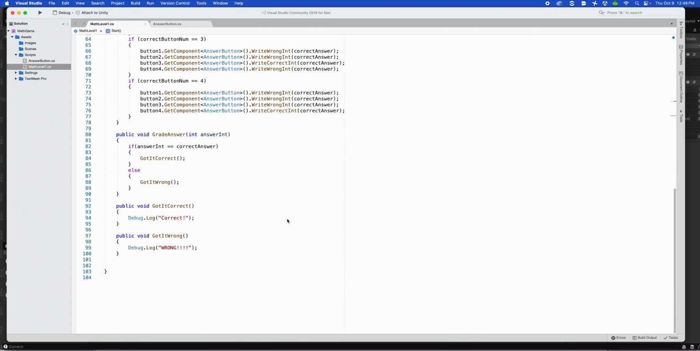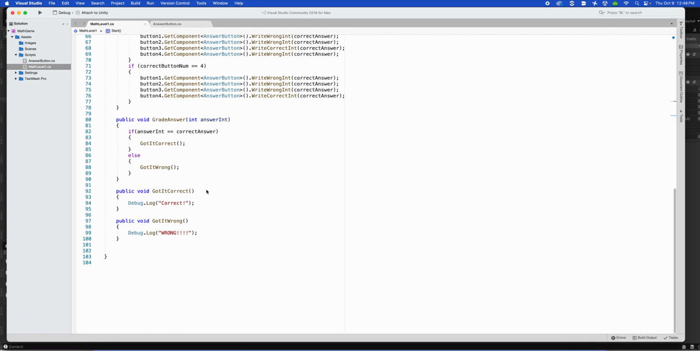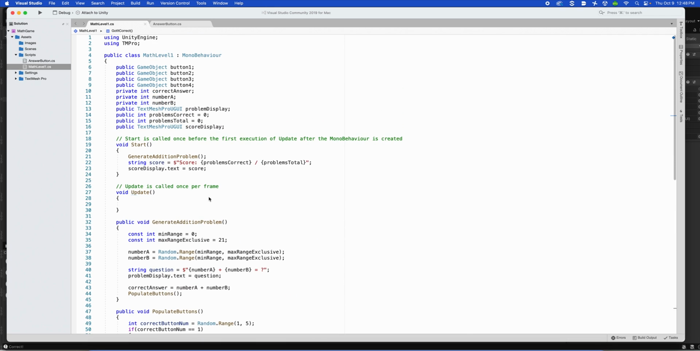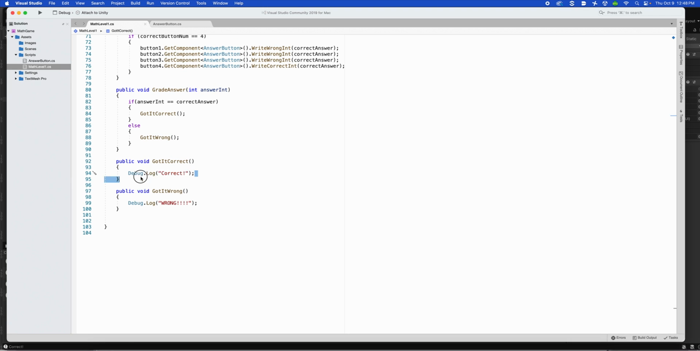And remember, in the last tutorial, we got it right and wrong. Now when we call from the buttons to grade our answer, we do these things here. If we got it correct, let's add to our problems correct and our problems total. So if we got it correct, let's just get rid of this, we don't need this anymore. We're going to say problems